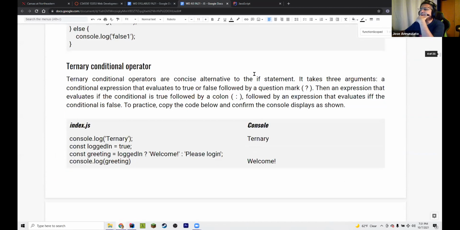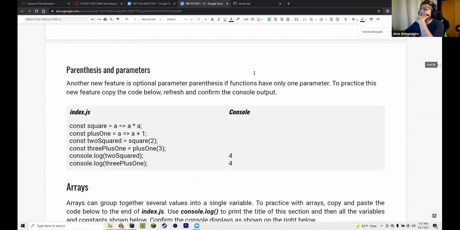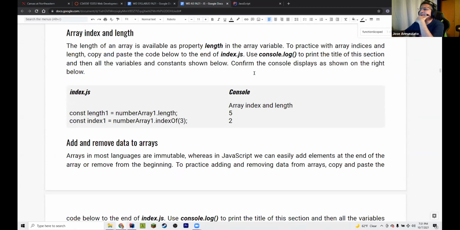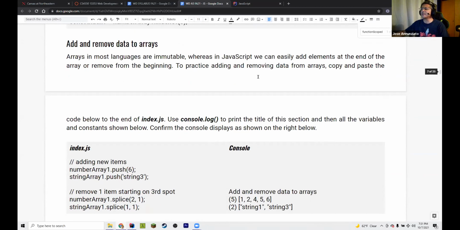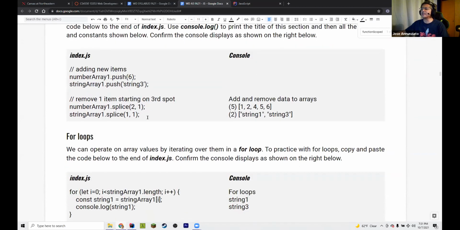Let's see, variables, arrays, parentheses, and so on. Index and length, we played around with that on Tuesday. You can remove and add things to the array. So for instance,